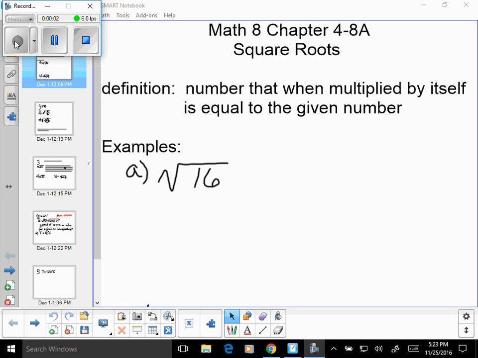Hello again, 8th graders. This is Chapter 4, 8a on square roots. And first of all, I want you to take a good look at your calculators, because there's a difference in how you do square roots if you have a 30XA or if you have a 30X II. On the 30XA,